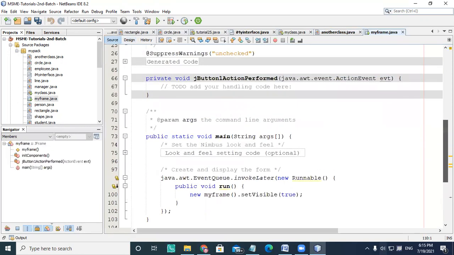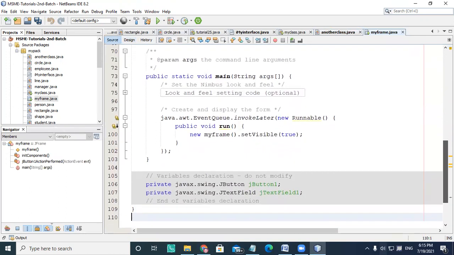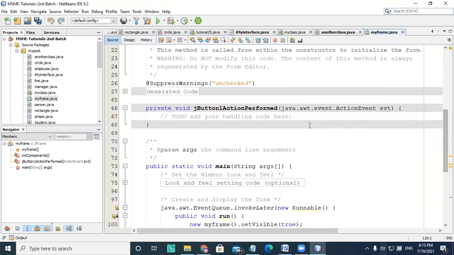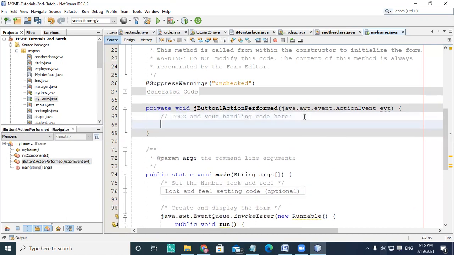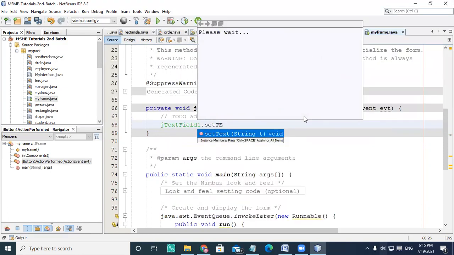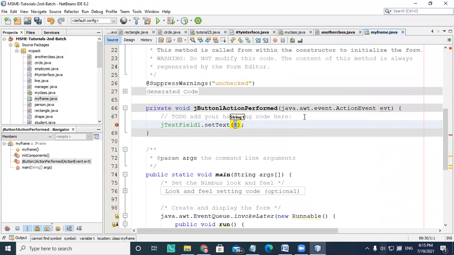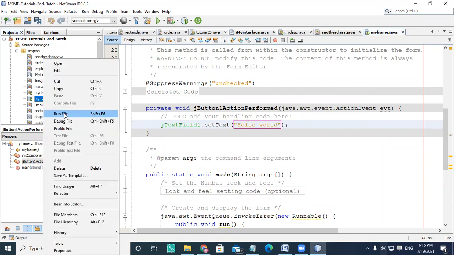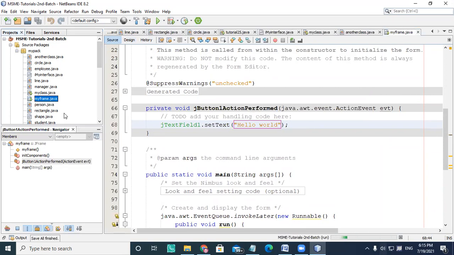If you see, all the respective parts get implemented, and this is actionPerformed. If I want to choose the JTextField option, I choose the dot setText method here, and I say hello world. So whoever clicks on that particular button is going to print hello world here.